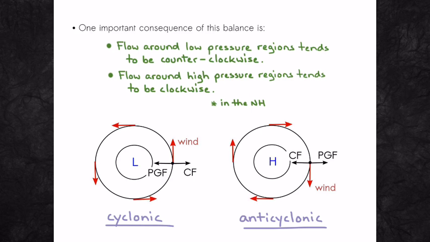In the southern hemisphere, it's going to be a little bit different because instead of pulling to the right, the Coriolis force points to the left of the wind direction, which essentially means that you have to turn around and look south so that you can get the Coriolis force to your left, which means the wind would be the other way. So I'll let you think that through, what switching to the southern hemisphere would do to these